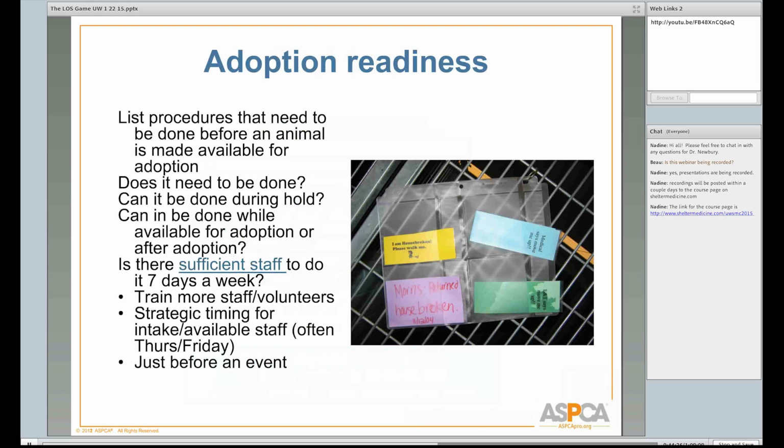Adoption readiness is another whole thing to think about in this category of moving towards adoption, to be sure that things are getting scheduled, that you know what the next move is for that animal. So there should never be an animal in the shelter that's just sitting there waiting, and nobody's really sure what they're waiting for. The way I think about this, my analogy is they should always be on a train to somewhere, and they should know what the next stop is. So do they need surgery? Is it scheduled? Do they need an exam? Is it scheduled? Do they need a housing unit? Is that planned? What's going on?